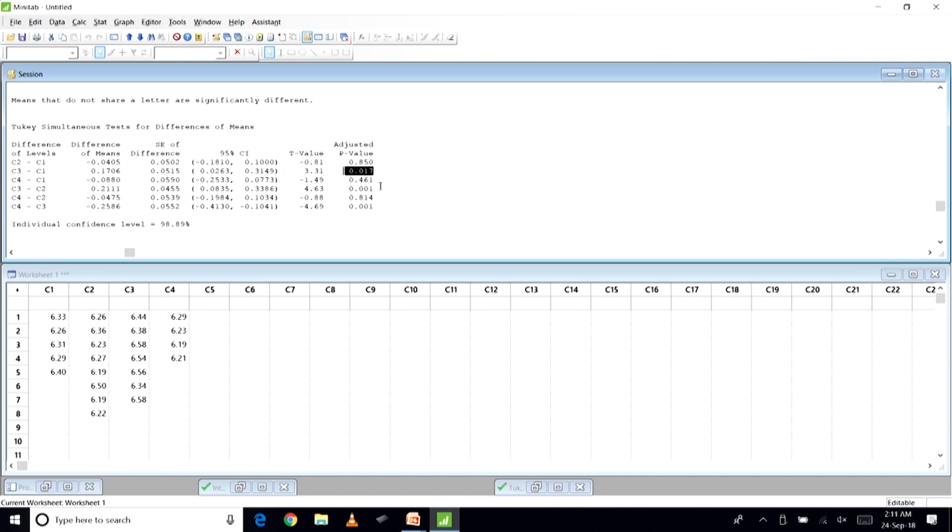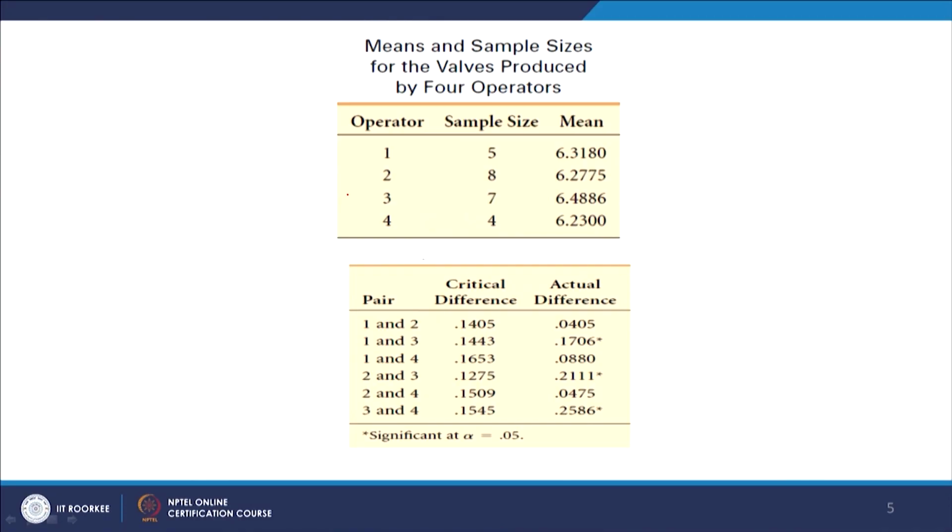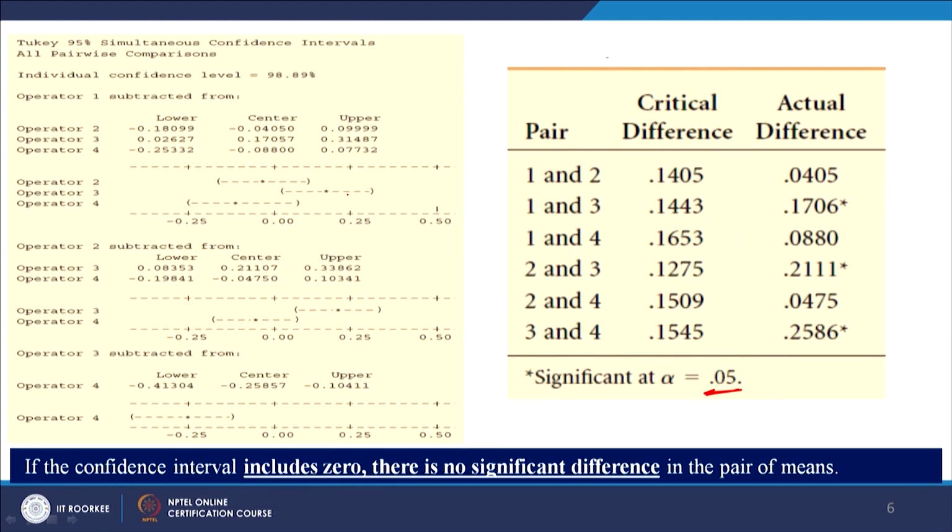Similarly, for C2 and C3 there is a significant difference, and C3 and C4. You are getting the same result which we were getting in Minitab. Let us look at it once again. So, there is a significant difference between 1 3, 2 3 and 3 4, right.